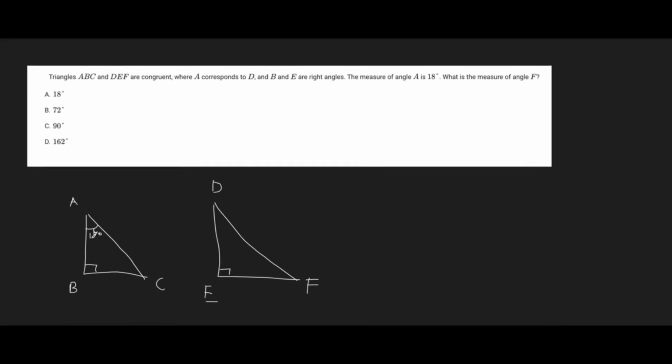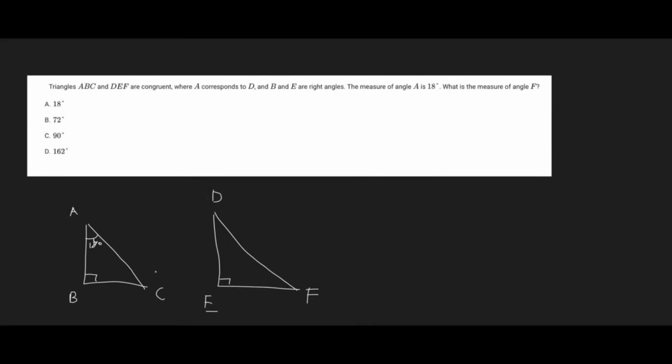All right, so here's the thing, right? We know that right angles are 90 degrees. So angle B is going to be 90 degrees. And so they want us to find the measure of angle F, and angle F is in the other triangle. But since we know they're congruent triangles, we know that their corresponding angle is going to be the same, right? Not only are they similar in terms of side lengths, but they're also going to have the same angle